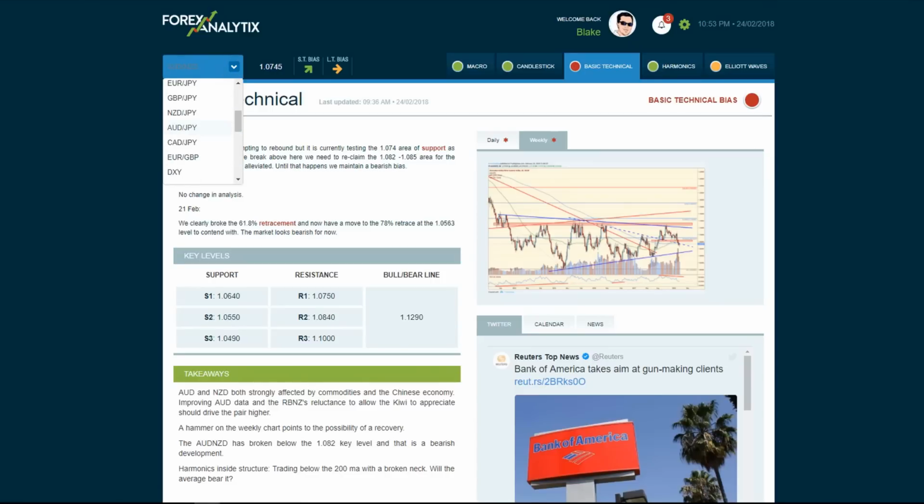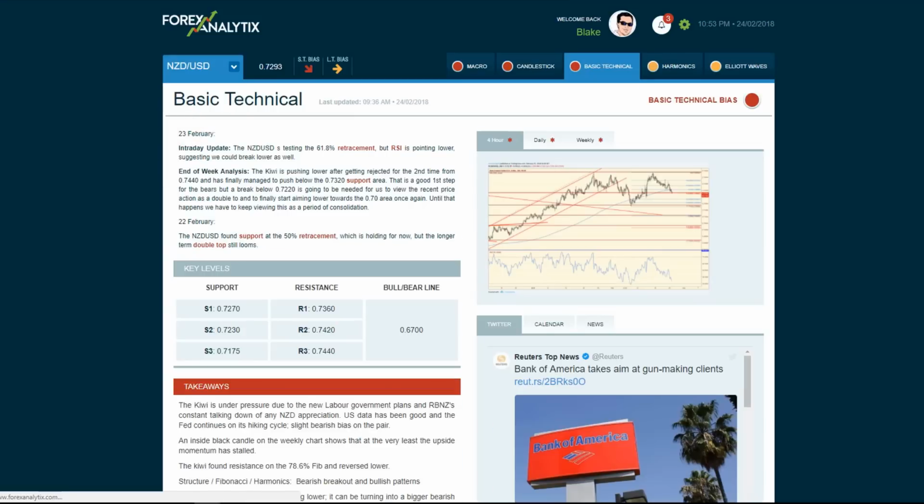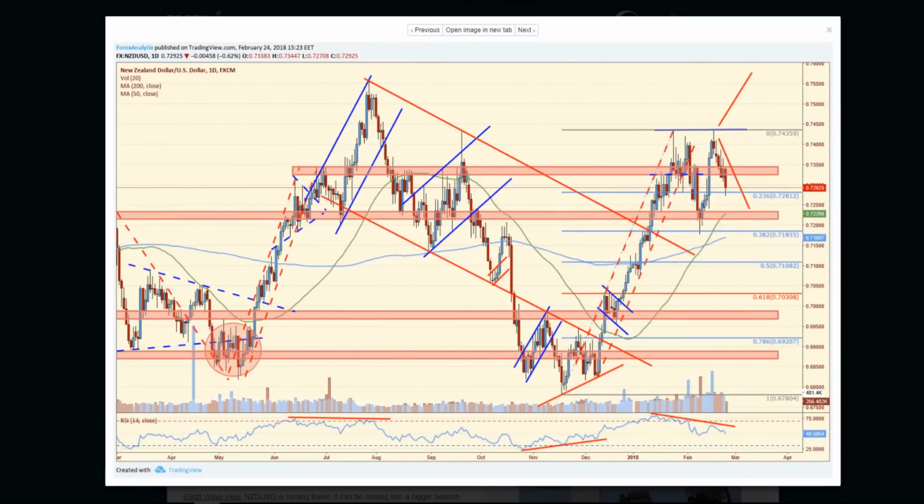But going back to the Kiwi dollar, you'll notice this big double top setting up here. If we break through the 200-day moving average, which would be the very low end of this trend, the Kiwi all of a sudden is pointing back down at 70. Now, it's hard for me to visualize that right now. It's hard for me to sit back and think the dollar is going to strengthen to a point where the Kiwi really starts to break down. However, some of that might have to do with the stock market.